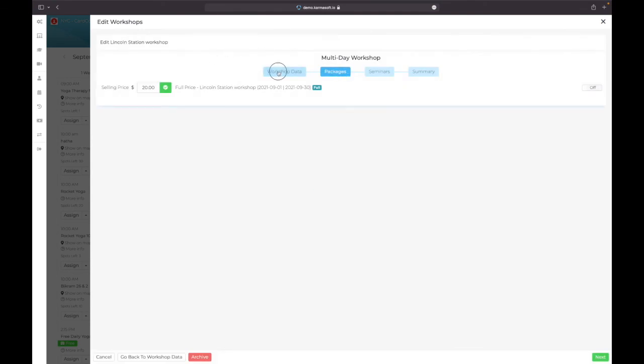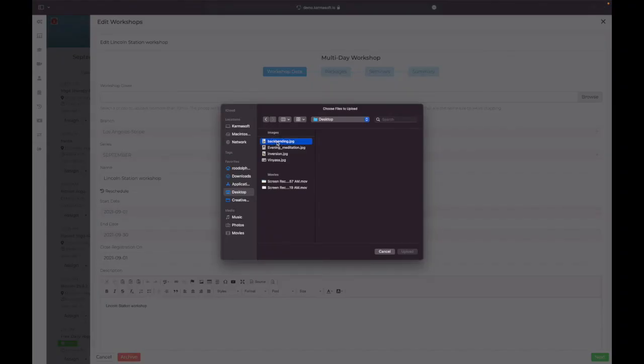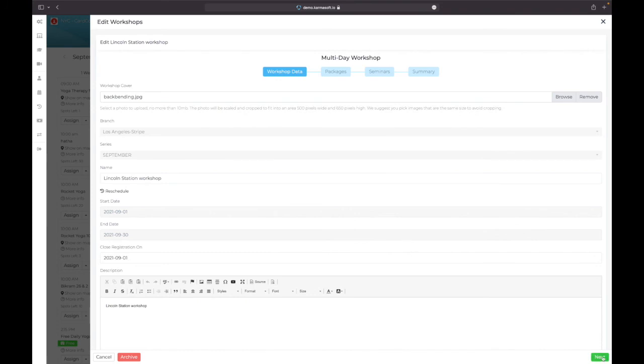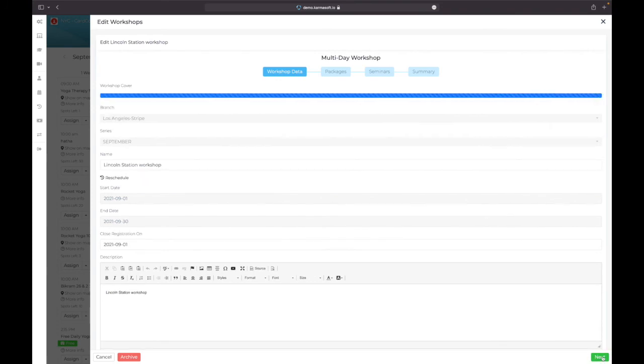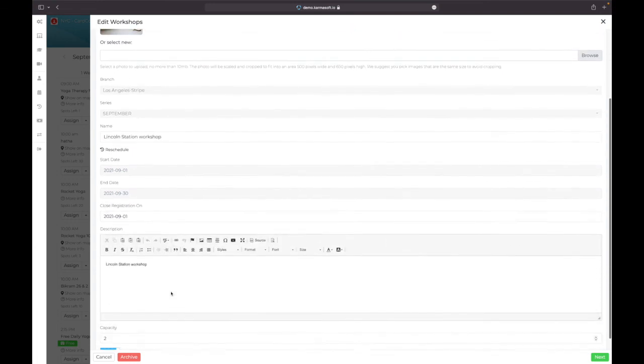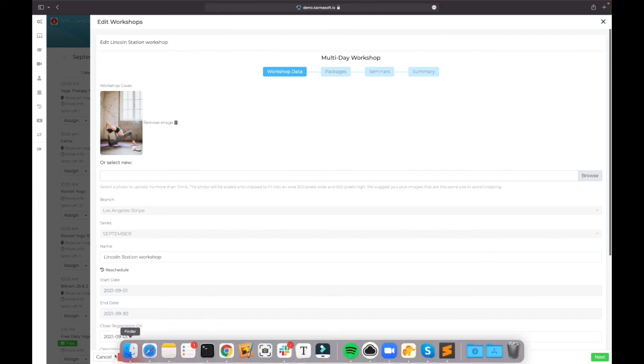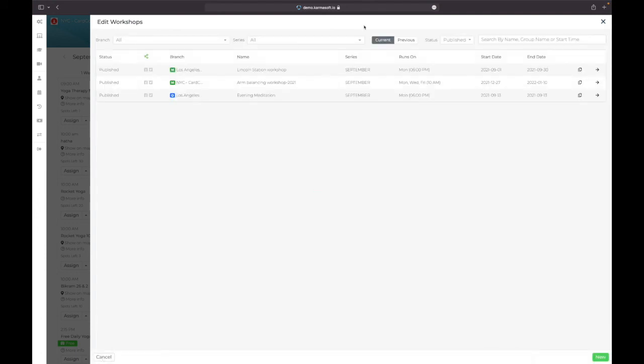If we go to workshop main data, we're going to add the menu image, and just go next to save it. Okay, so there's our cover image. So let's go to the other workshops. I'm just going to cancel this at this point and go to the other workshop